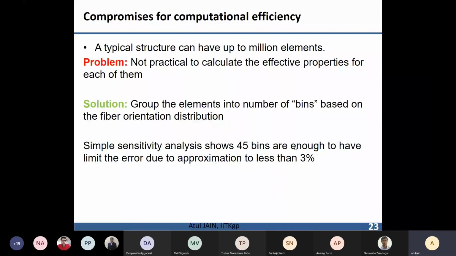It is important to keep in mind that for such materials, you don't have a meso level. You have a micro level where fibers and matrix are considered, and you have a macro level where you are doing component level simulation. There is no intermediate layer because you don't have different lamina or plies in this case.